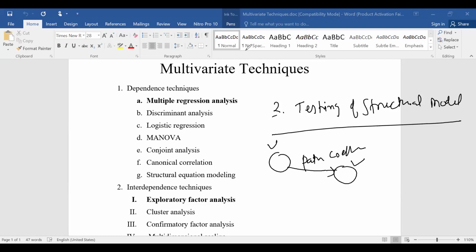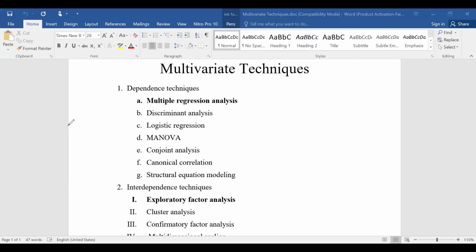So in structural equation modeling, we should keep in mind we can check it in two steps. The first step is testing of the measurement model, or estimating the measurement model validity. And second is